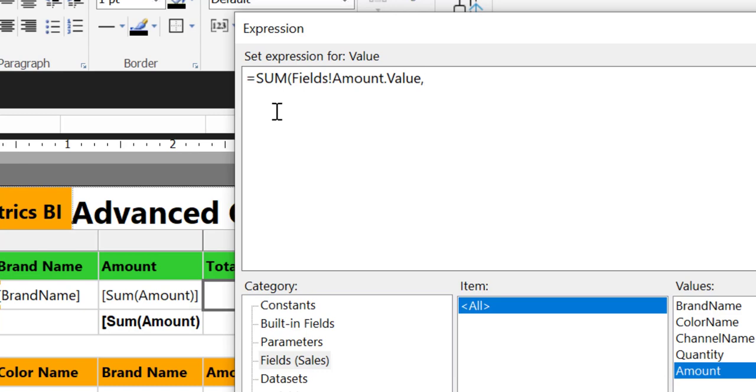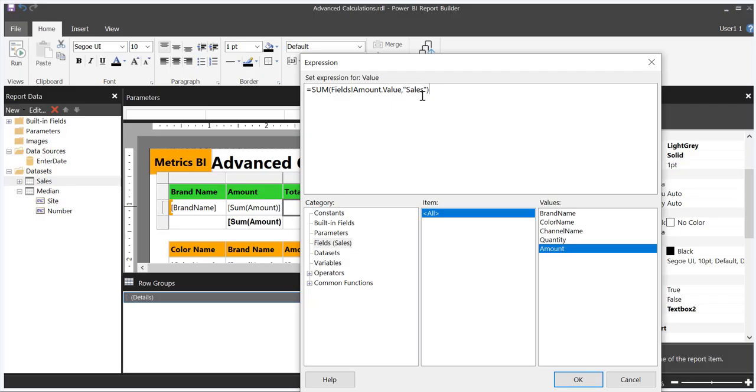The scope here is outside of this brand, so I need to say the scope is the whole data set itself. I need to give the data set name in double quotes after a comma. My data set name is sales, which you can see here. If I say sales, the scope is expanded to the data set level. It is not only restricted to the group level. If I just click OK